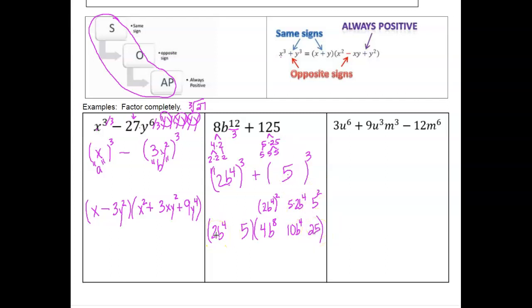So let's worry about our signs. So same, opposite, always positive. Now, this is a trinomial, but it will not factor again. All right. Our last problem is